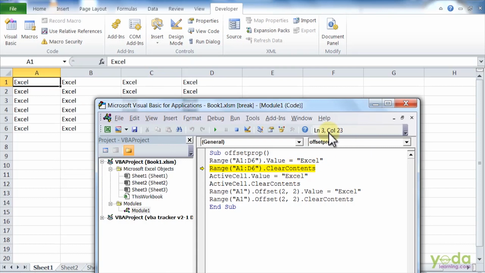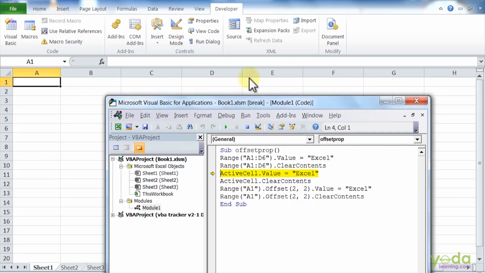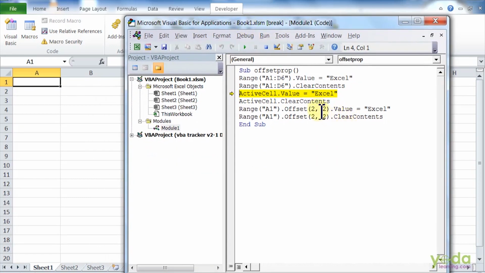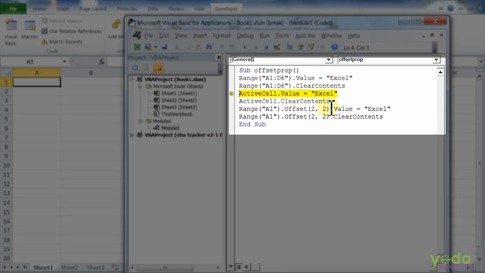When I run this code, that is ClearContents, it will wipe all the data which was filled. Now I will say ActiveCell dot Value is equal to XL. What exactly will it do? It will activate the current cell and it will fill the value, the text XL, into it. Now if I say ActiveCell dot ClearContents, it will remove the data.